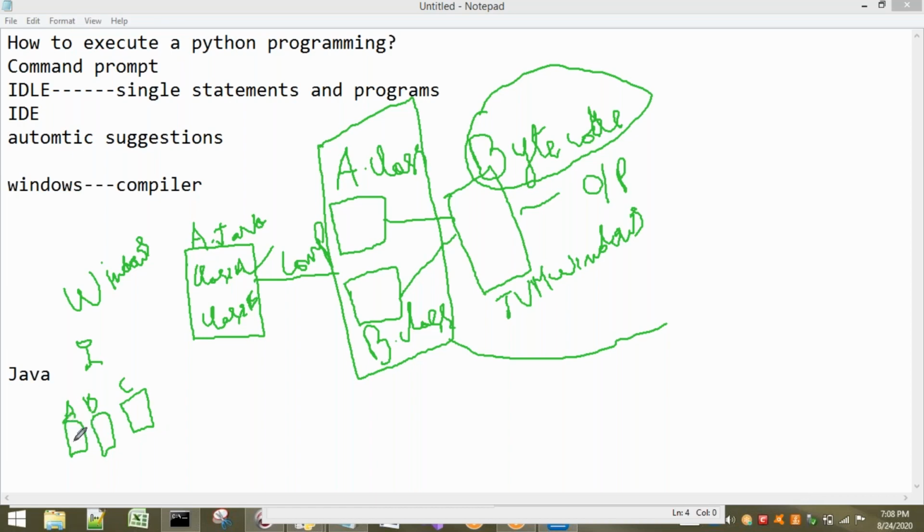Listen carefully. A section people speak only English; they don't know any other language. B section people know only Hindi. C section people know only another language, for example Tamil. But this motivational speaker knows only Telugu.